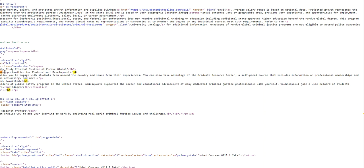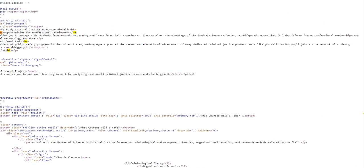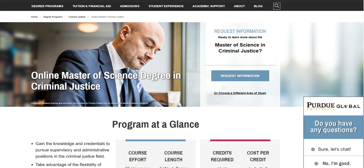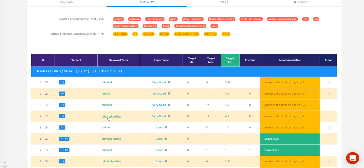So yeah, no criminal justice term in that one here. Looking through the other H4s, it's off screen here, but yeah, there's nothing that says criminal justice in the H4. So that's definitely something that they would want to improve. They would want to improve on their H4s usage of the words criminal justice or masters in criminal justice. They don't have that in any of their H4s. They've got 3 H4 tags. None of those contain the word. So that's probably going to be an immediate huge improvement for Purdue if they wanted to rank for masters in